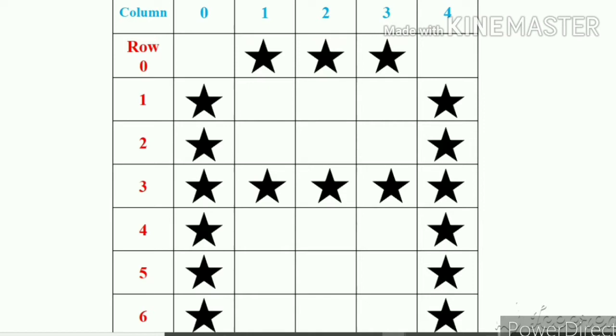For that we are using for loops, and next we are using an if else condition to print the star in particular places of row and column, not in all places. For this we are using the row to count the number of lines, and the column to print the number of stars. For this we are using the and, or, not logical operators. If both the row and column conditions are true, then only it will print the output.